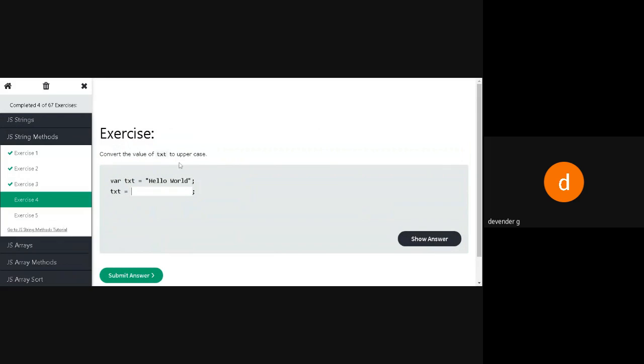Now I want to convert this hello world into uppercase. So there is a text I want to convert into uppercase. There is something called text dot toUpperCase. Okay, so I'll show the output for this.